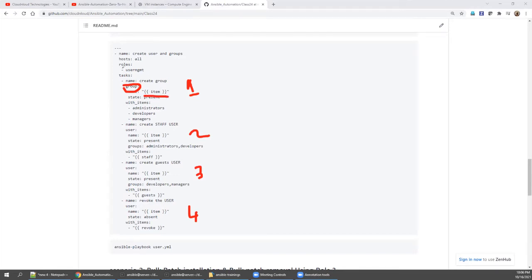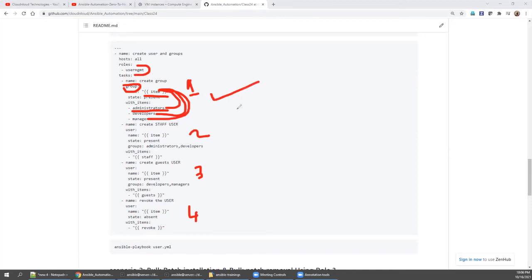Before starting this playbook, I am mentioning this role name. So when I say item, there are two methods we are discussing here. One is directly you can pass this value. So the first time administrator, the group will be created. Second time developer, the group will be created. Managers, the group will be created. So 3 groups will be created. There is no further value to feed, and then this loop will be closed.